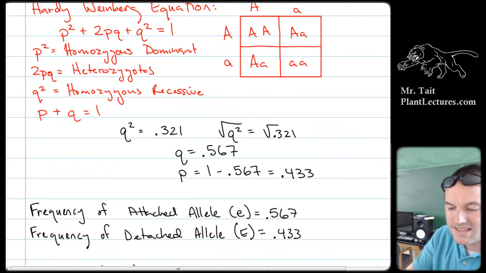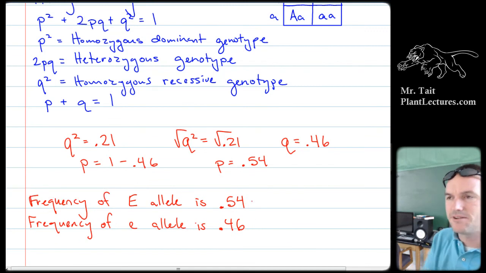So why does that happen? Why is it different? What condition did we not meet? We had fewer people with the attached earlobes. Sure, but what Hardy-Weinberg condition did we not meet? Yeah, the first one. The population in here is not large or infinite, right? It's 28, which is very small. N equals 28 is virtually nothing.